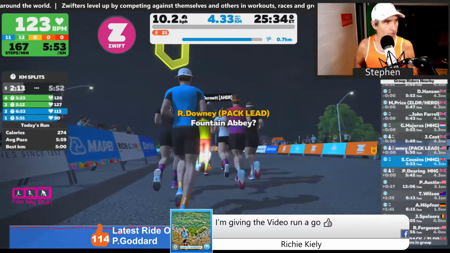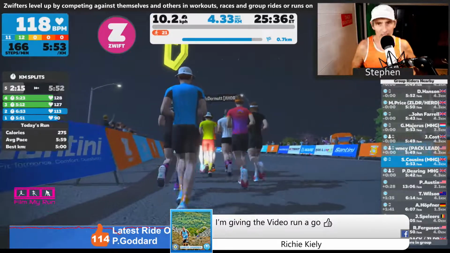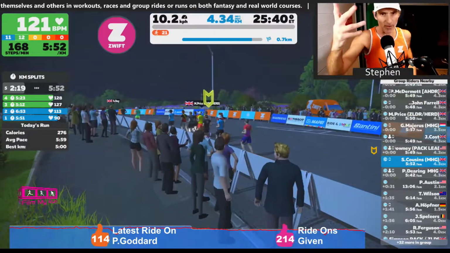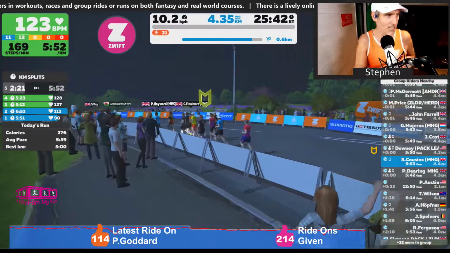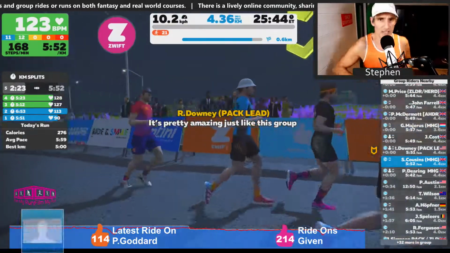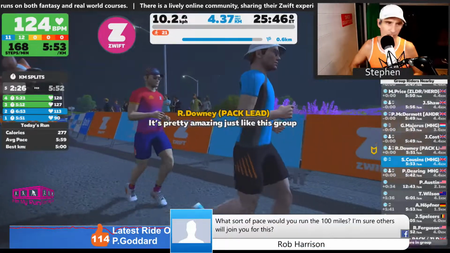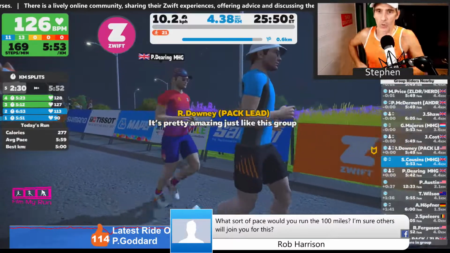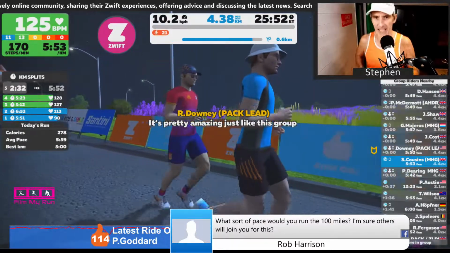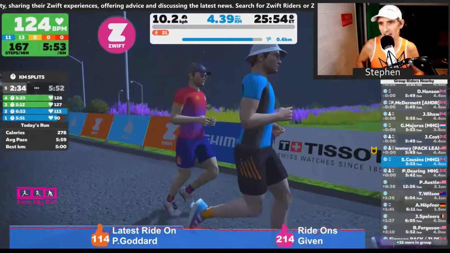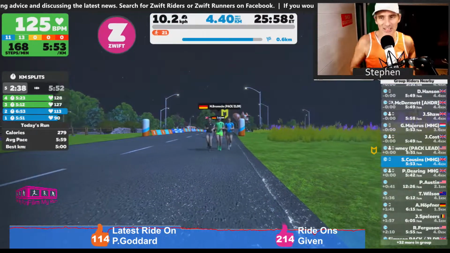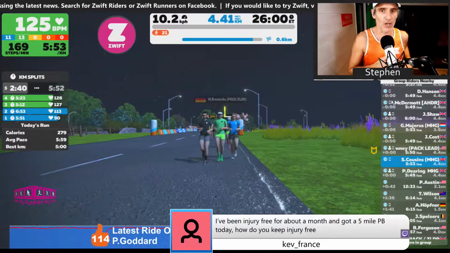Rich Keeley is going to give the video 5k a go. Make sure you've got your camera pointed at your treadmill. Make sure there's a bit of light on you as well so we can actually see you. Last week we had Neil Messenger running almost in the dark. But he was running in the dark whilst at the same time holding a cuddly elephant. A cuddly elephant whilst running on the treadmill in the dark. That's how we roll on Fridays with the video 5k.